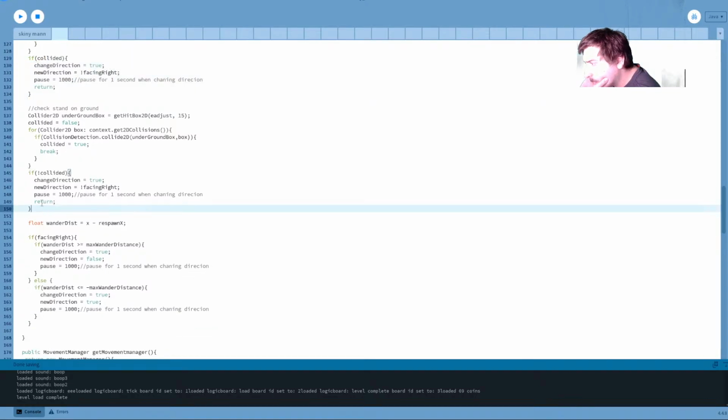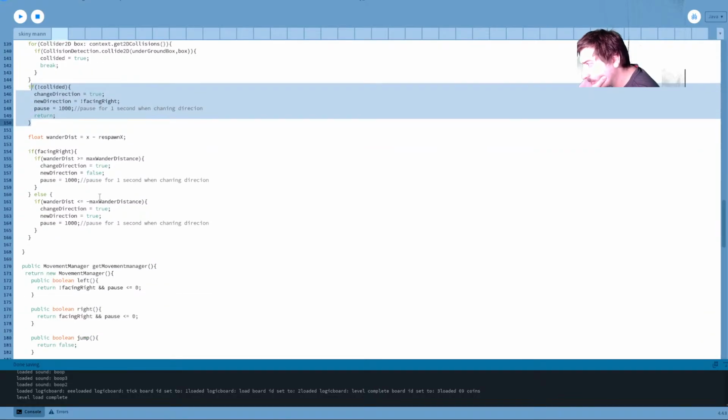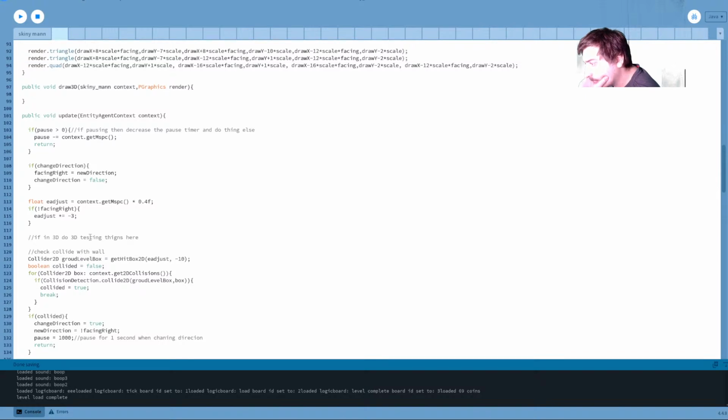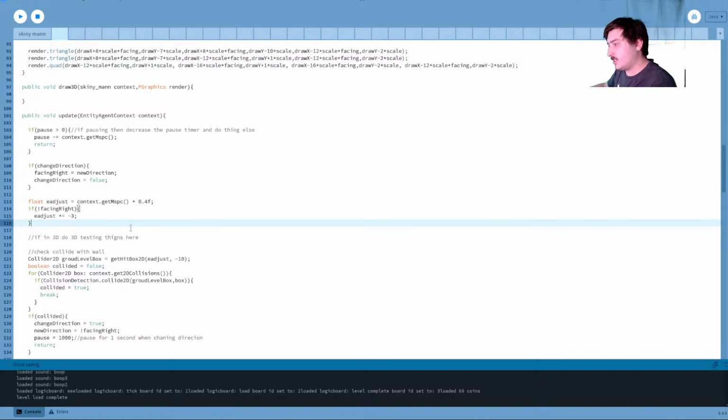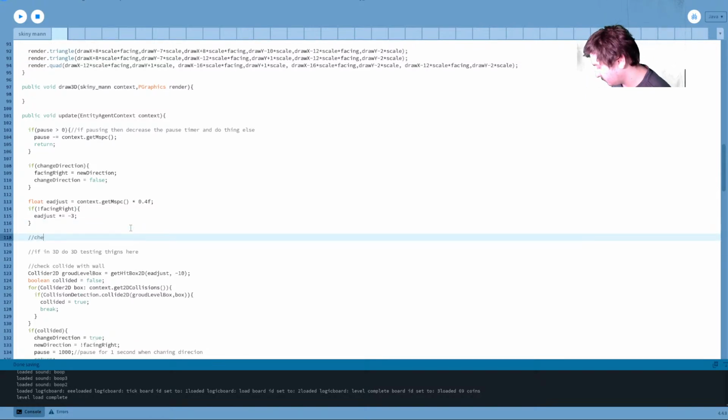Annoyingly, I am returning when it turns around currently. So I should, I guess, check for the player in its view area. So basically what we're going to do is figure out which direction it's facing.